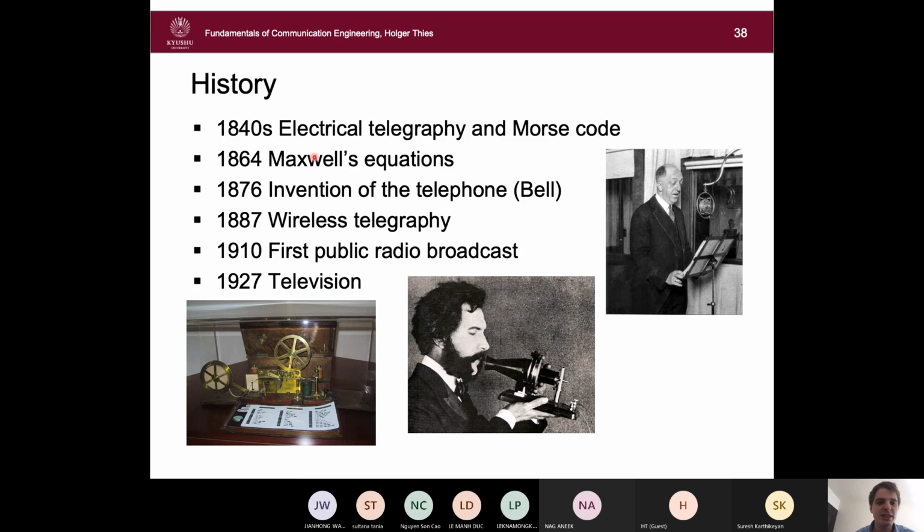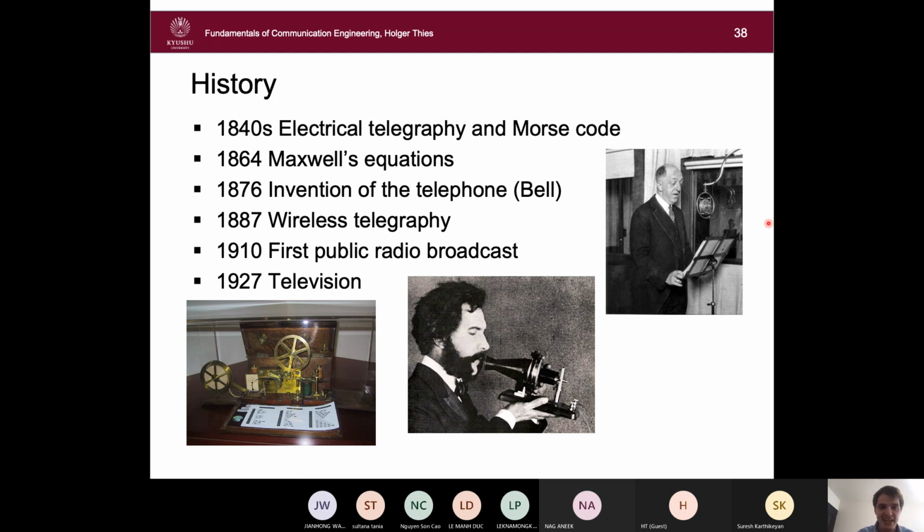And then, one important theoretical breakthrough was in 1864 when Maxwell gave his famous equations. What Maxwell's equations do is they provide a description of electromagnetic phenomena, and they link electricity and magnetism. Before that, people usually thought that electricity and magnetism were different concepts, but after Maxwell's equations, one could see a link between those two things. They led to the discovery of the electromagnetic spectrum, and are therefore the basis of all modern communication.